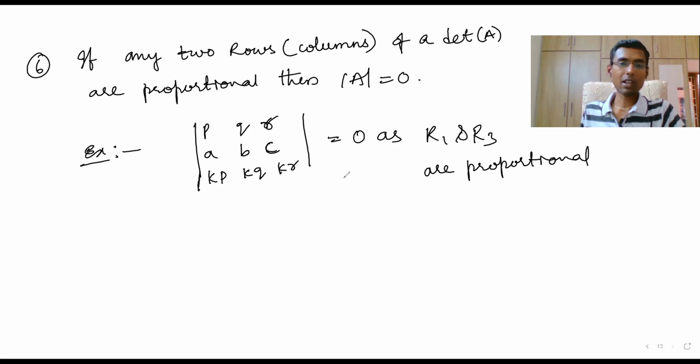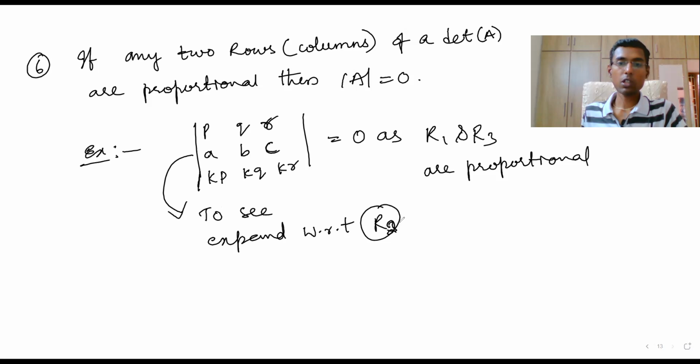So how do we understand this? Expand with respect to row 2, R2. If you expand with respect to R2, what will happen? A into its cofactor, which is q kr minus kq into r, that is q into kr minus kq into r. Same thing, right? Yes, sir. So it is 0. You understand? Yes, sir. Okay, this okay. Actually, we discussed only 5 properties. So I think